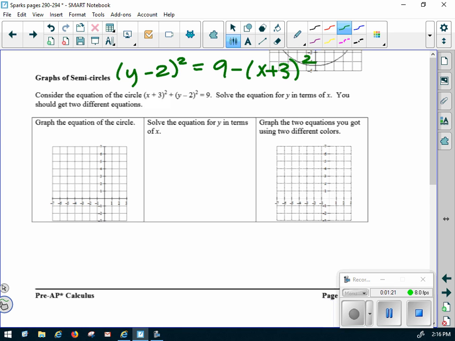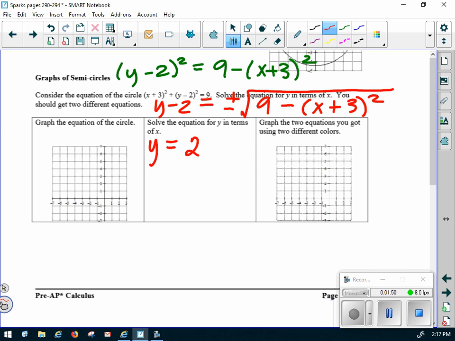How do I get y by itself? Not square. Square root both sides, yeah. So I get y minus 2 equals, now we're going to have to be real careful here. I'm square rooting both sides. Now, this is y equals 2 plus or minus